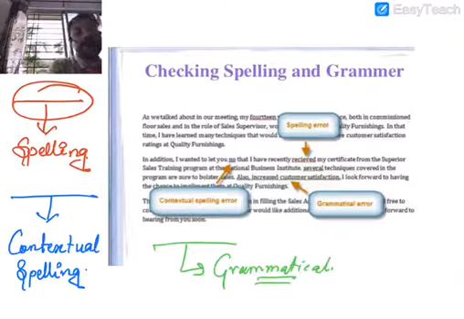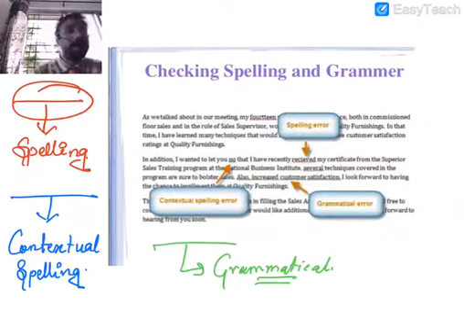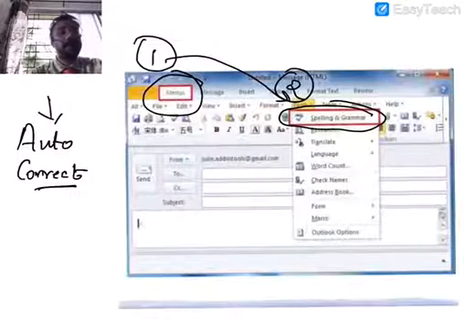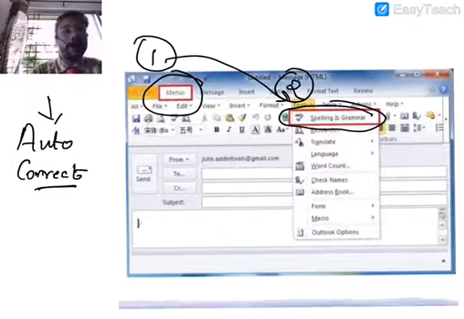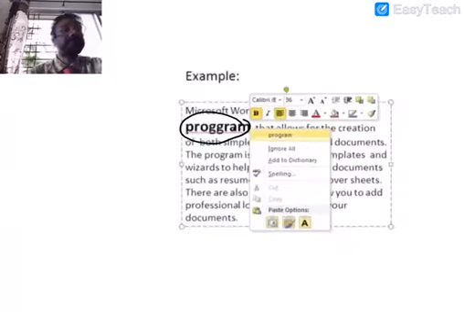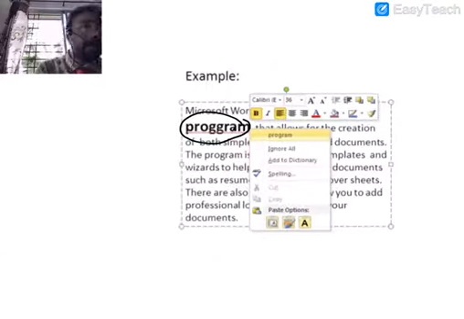So remember these errors of Microsoft Word, and we should identify these errors on the basis of the lines that are being generated, okay? And remember about the autocorrect feature also, because by the help of the autocorrect feature, we are able to rectify any of the mistakes. Alright. Now, this is what form of mistake then? Please tell me in the comment section or in the WhatsApp group. This is a spelling error.